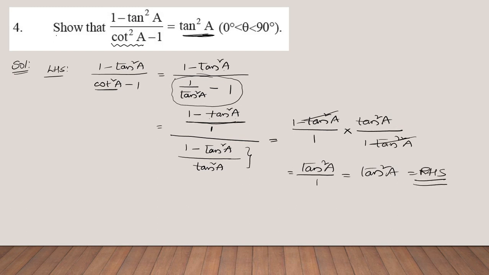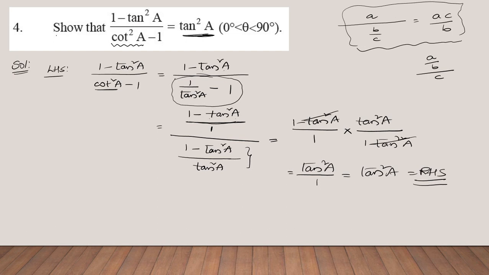So likewise you can solve this particular problem, or you can make it as a by b by c. So a by b by c you can write as ac by b. So you should be careful with these conversions. a by b by c can be written as ac by b, or there is one more format, a by b whole by c, which I can write as a by bc. So these two forms will confuse the student, right?